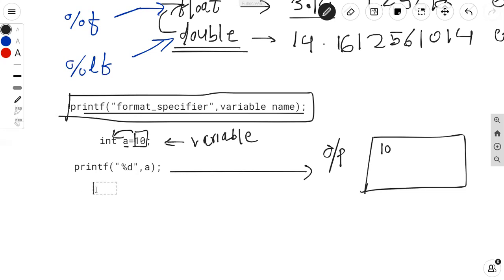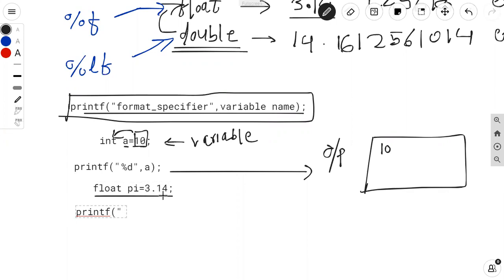Similarly, suppose I'm having a float variable. How to declare a float variable? You have to use the float data type. Then you can give any name to the float. Here my name is pi, and I'm giving the value 3.14 as my float value. Every statement ends with the semicolon. So this is the float variable pi. Suppose I want to display this float value on the screen. How can I use the printf statement? Again, printf. Next, pi. I want to display the value of pi, 3.14, on the screen.